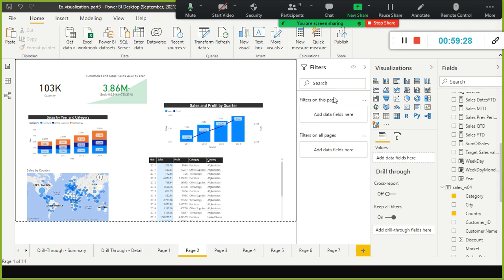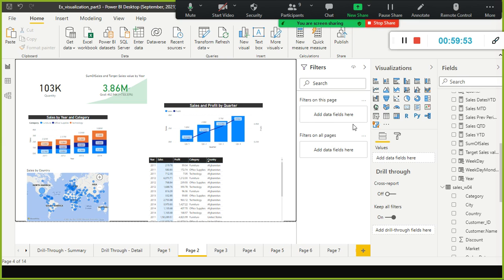We have an option, filters on this page, filters on all pages. All pages means whatever filter you applied should get applied on all the pages. No, I don't want to apply the filters on all the pages. Instead, I want to apply the filters on this page, the entire page, for all the visuals.